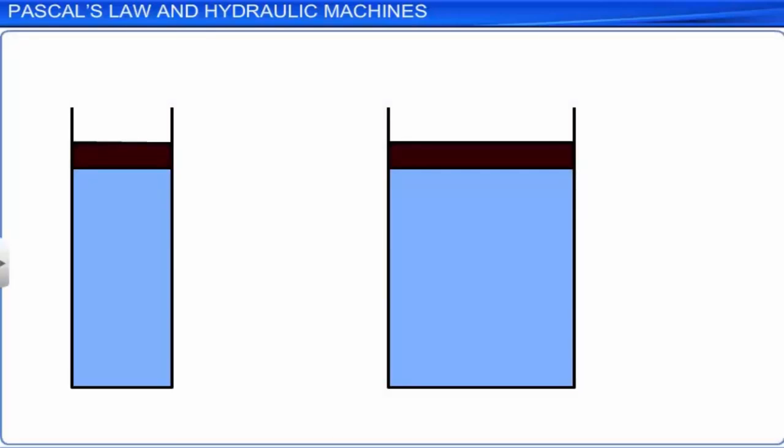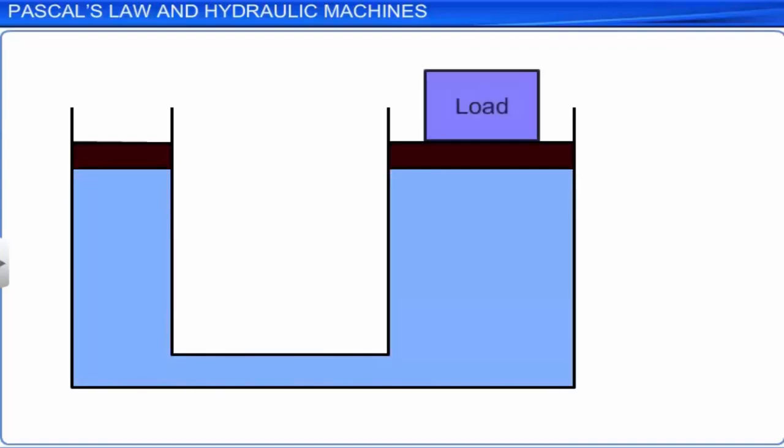The two cylinders are connected to each other with a horizontal pipe, where the container is filled with an incompressible liquid. The load to be lifted is placed on the piston of larger cross-sectional area, A2. Let a downward force F1 be applied on the smaller piston A1. According to Pascal's law, this pressure F1 divided by A1 is transmitted equally to the piston, where A1 is the area of cross-section of the smaller piston. As this pressure